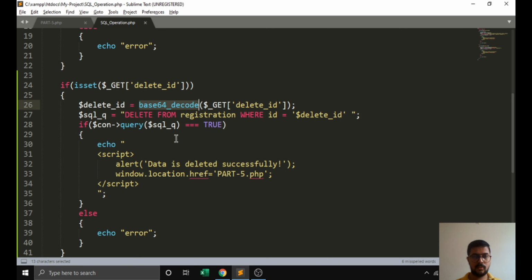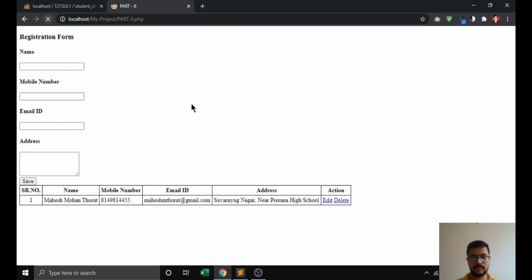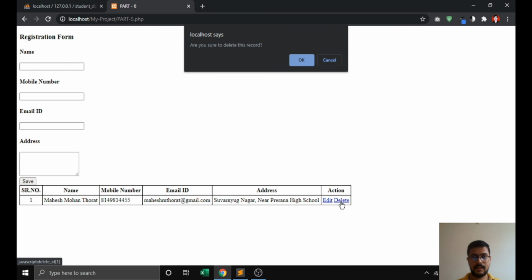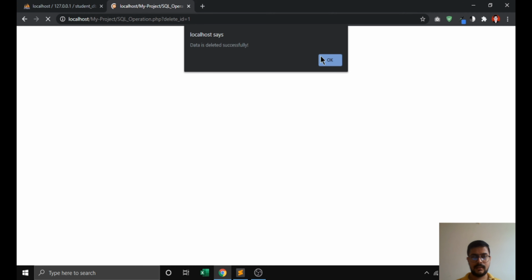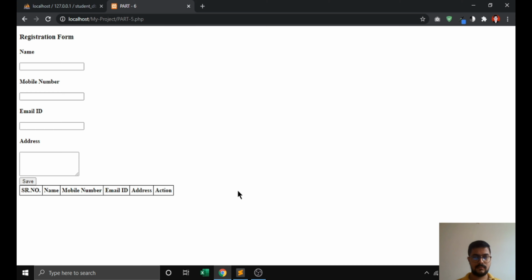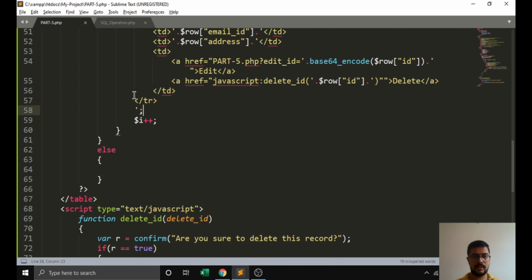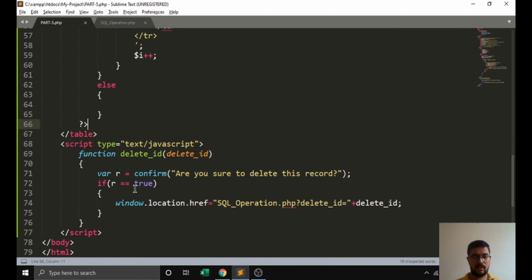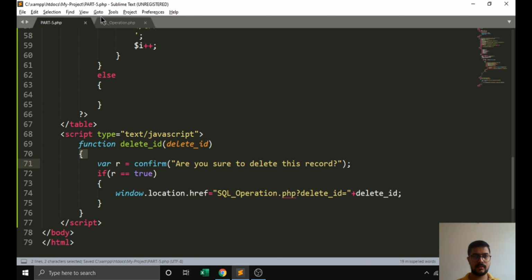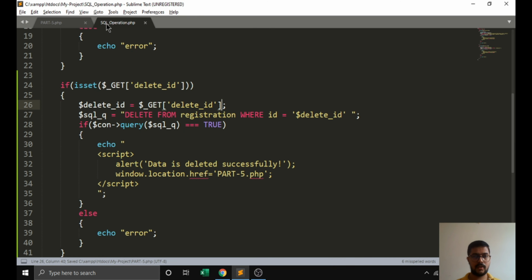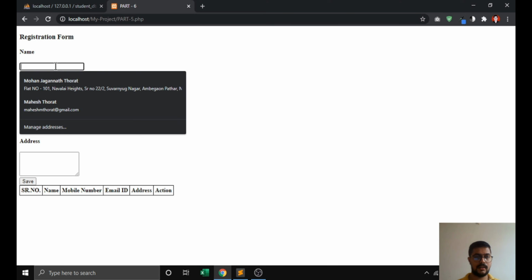We have to remove this base64 over here. We don't use this. We just click delete here, and then we click OK. Then our data will be deleted. It is that simple to create this authentication for deleting any record from your database. Then we are going for the update,